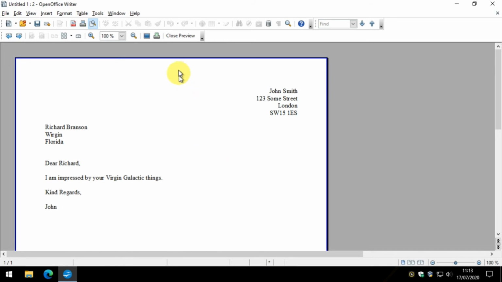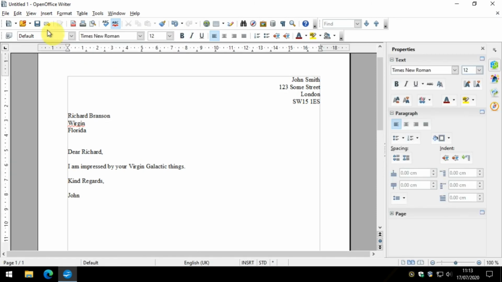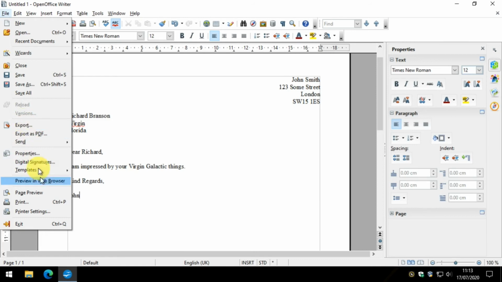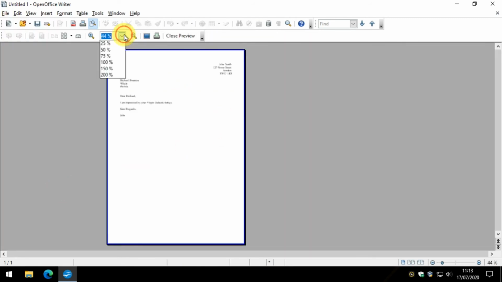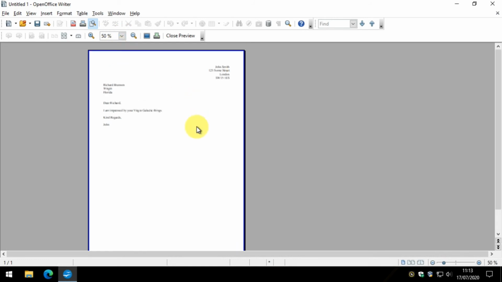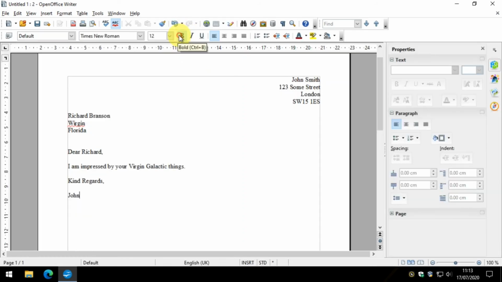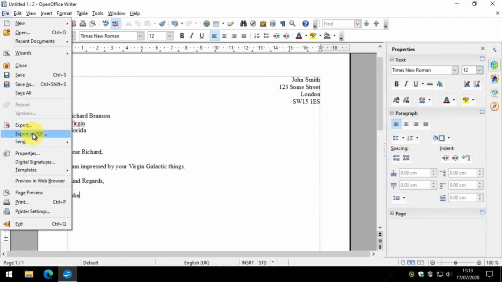And in order to print it, I'll just go back, click close preview, and I'll just show you how I did that preview just then. I clicked file and I clicked page preview. All that does is it will show you exactly how your letter will appear when you print it. We don't want to do that. What we want to do is click print,